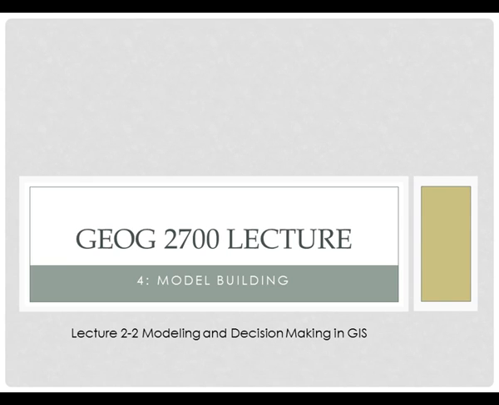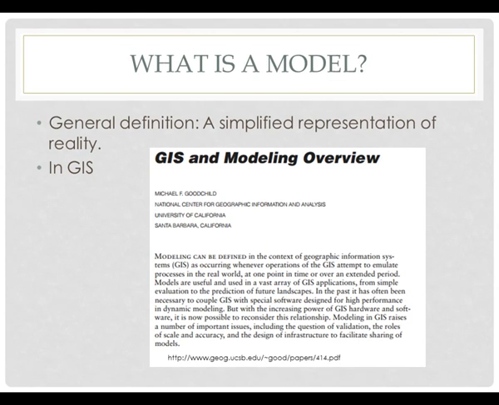In this section related to Unit 2, we'll talk about modeling and decision making in GIS. Few things cause more consternation and confusion among students, and thus annoyance among professors, than the topic of modeling and models in GIS. The first thing that I want you to remember is that there's a huge difference between data